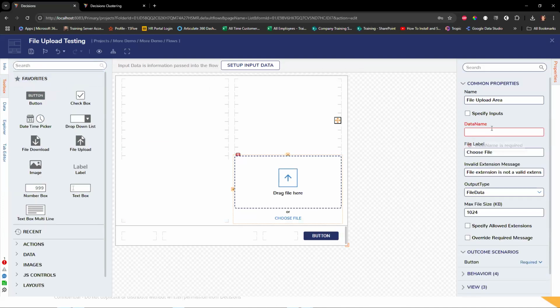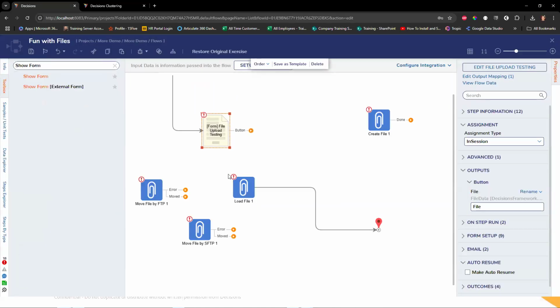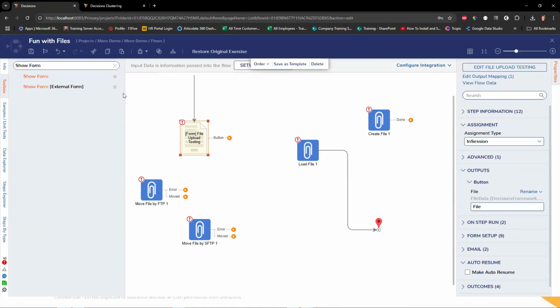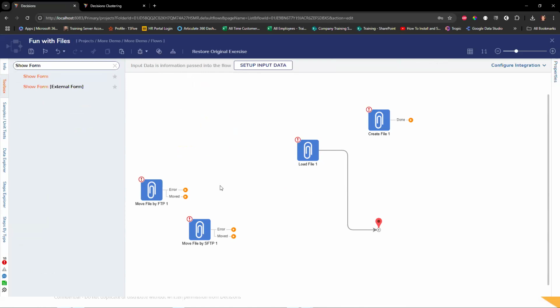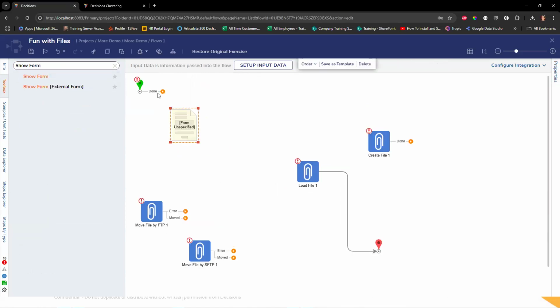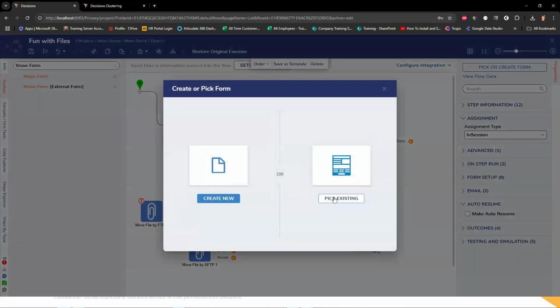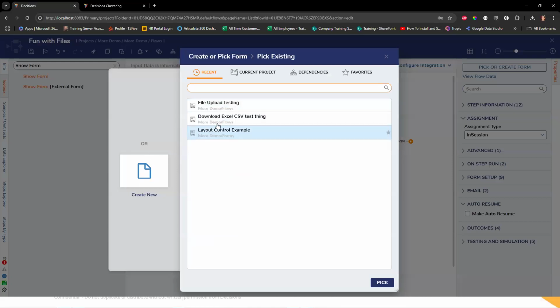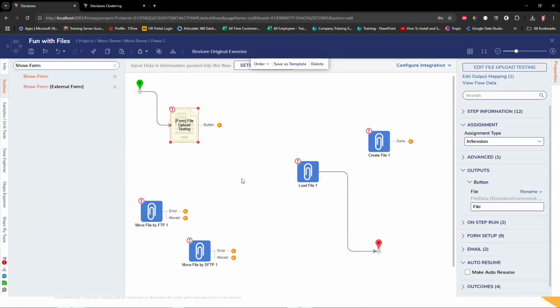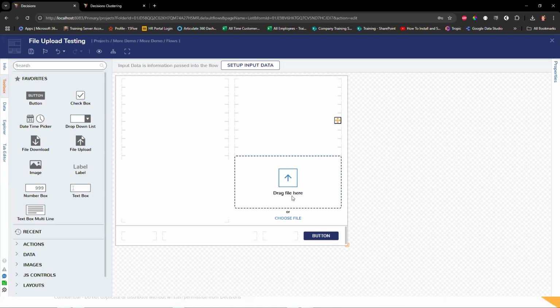File upload area. We'll say this is file. Oh, actually, I don't want to upload that. Oh no, I need that. Darn it. File upload testing. And I'm gonna say, let's say,